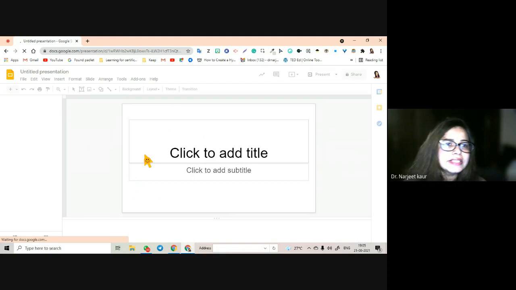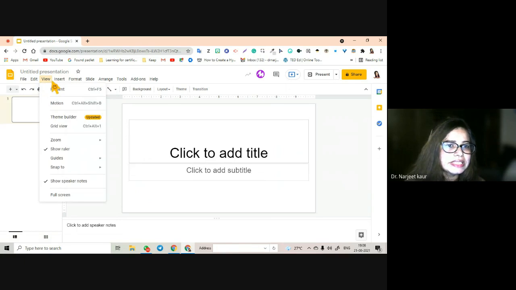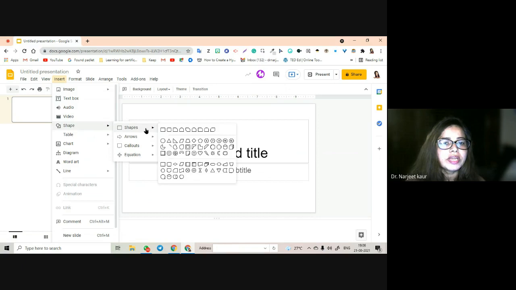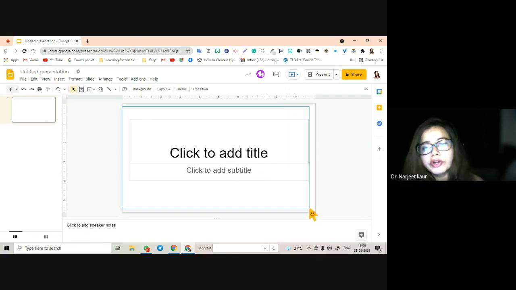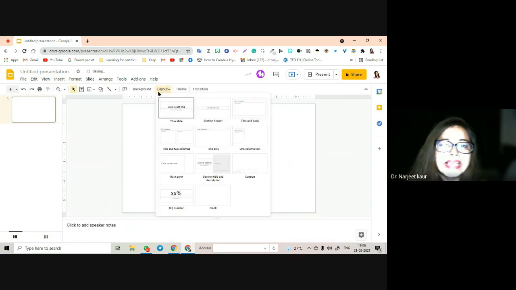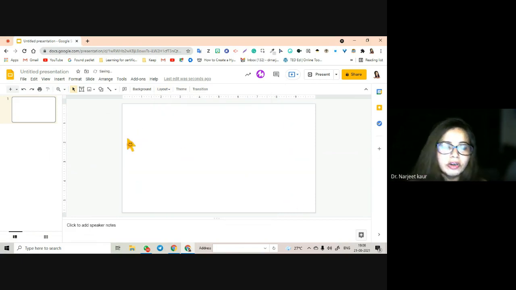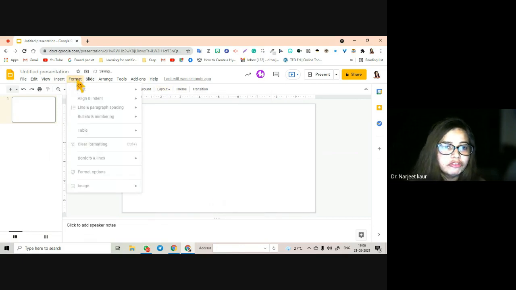So in slides, we have already seen in level 1 that you can insert image, you can insert a text box, you can insert a video, you can insert shapes, you can insert tables, charts, diagrams, all of them, right? What new thing you are going to be tested on here is layout, changing the layout. So for example, these are the customized layouts for me. Okay, and if I want to change a layout, if I want to add another thing to my layout, what I can do is I format it